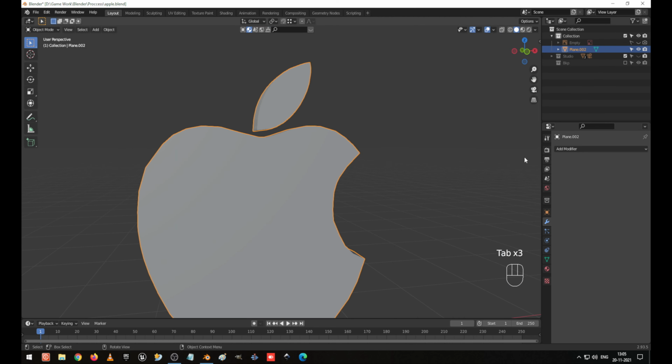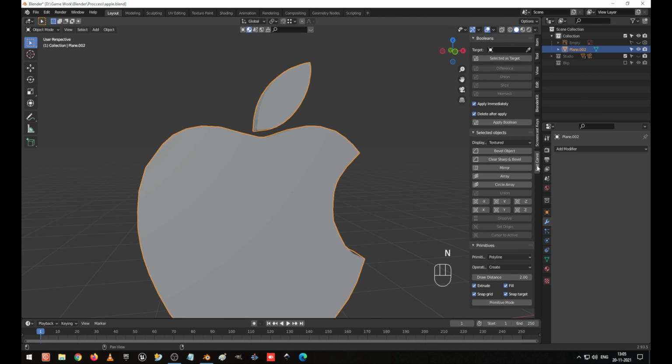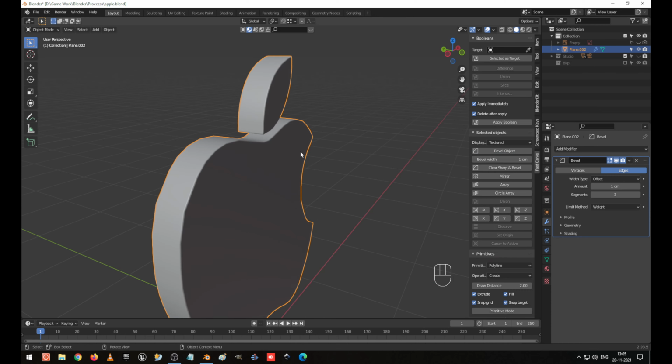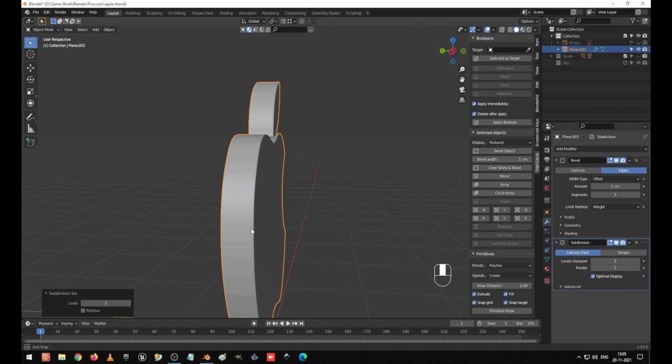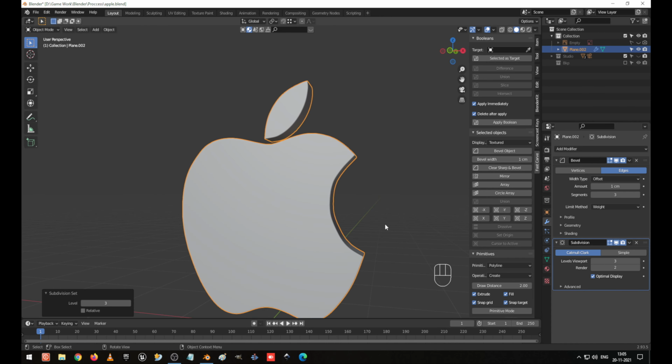So I go to N, and this fast curve tool I'm going to click to bevel the object. Okay, and I press Ctrl 3 to apply. Yes, subdivision modifier, which is required for us, it's very nice. And here, this is not required for us, these things here you can see on the edges now, but it's not affecting the front because the logo comes in front left, but it looks bad.